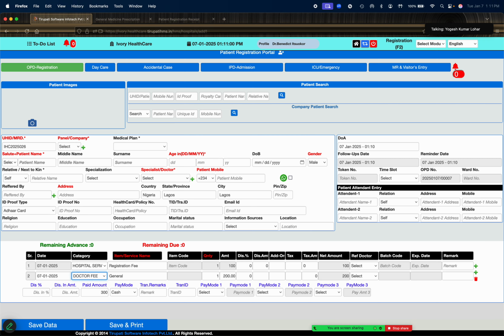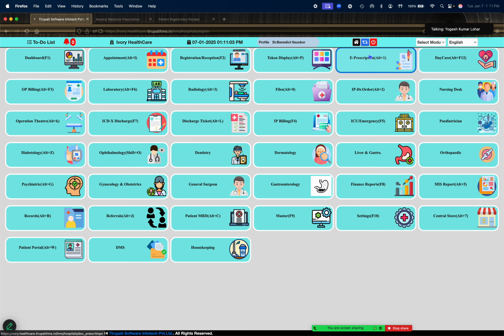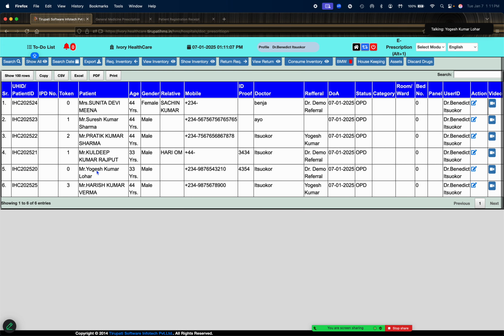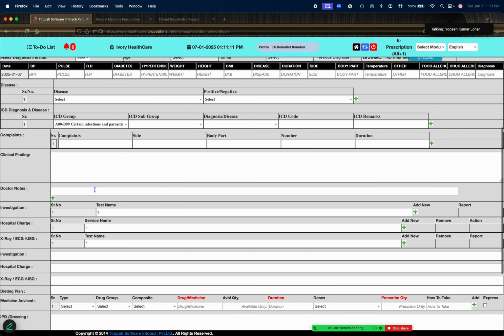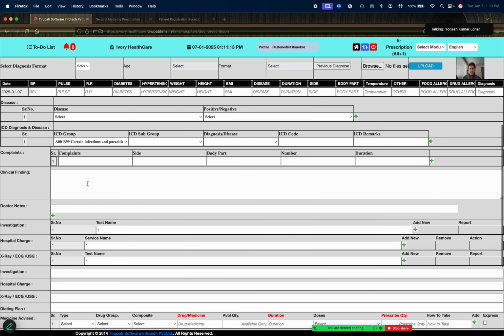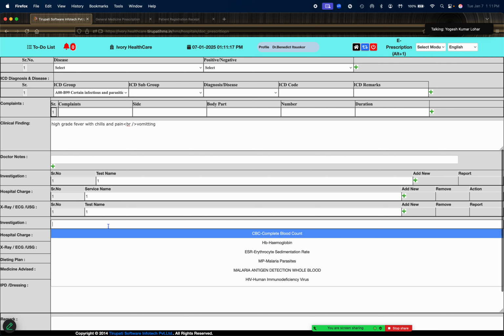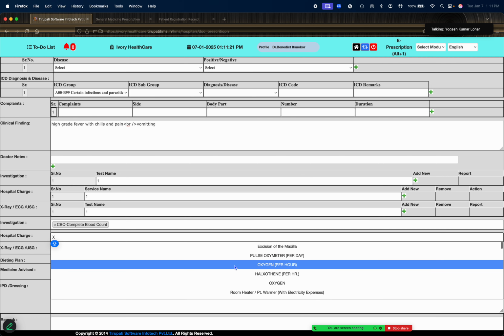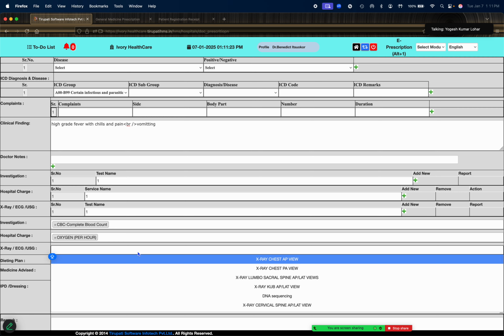Now if we prepare a prescription for the patient, we go to the e-prescription window, and here we have our patient Harish Kumar. We want to write the prescription or any services we want to give him, like CBC, X-ray, and USG.